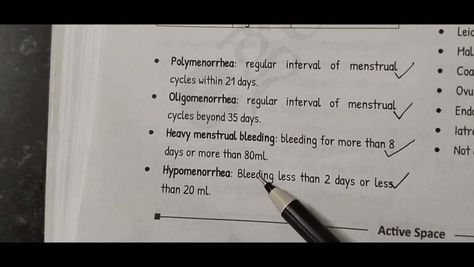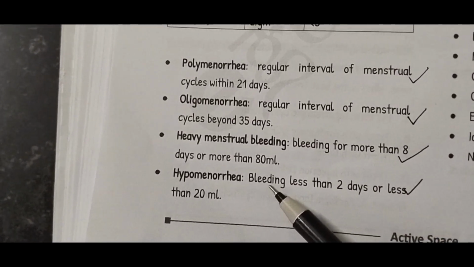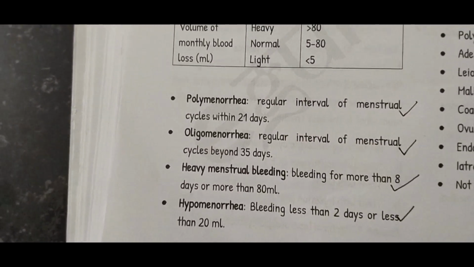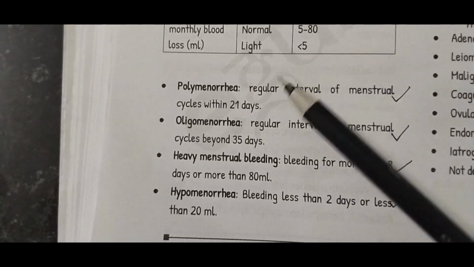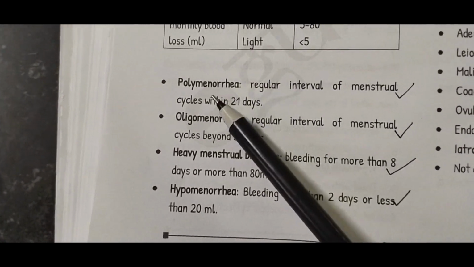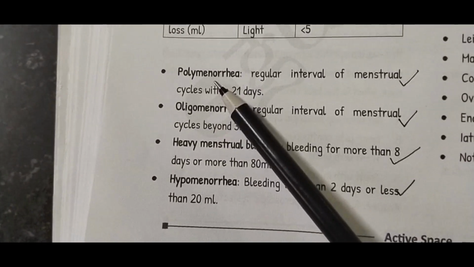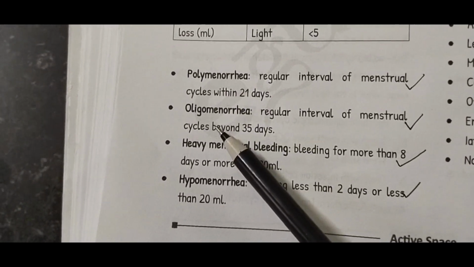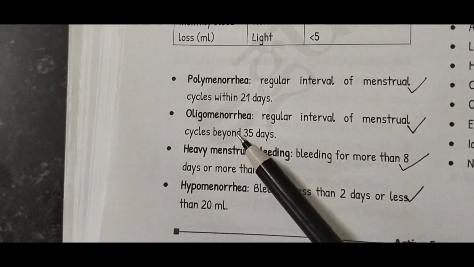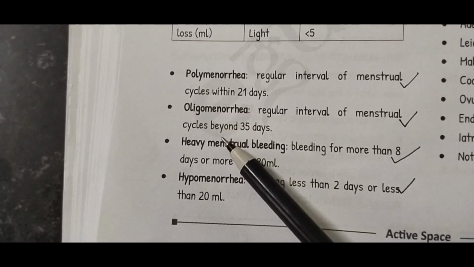There are some other terms also which I would want you to know. So we know that normally our menstrual cycle is 21 to 35 days. Okay, in length. So, if the cycle become less than 21 days, we call it polymenorrhea. मतलब ज़्यादा बार menstrual cycle हो रहा है. Oligomenorrhea. Oligo मतलब कम. That means our menstrual cycle interval goes beyond 35 days. That is called as oligomenorrhea.